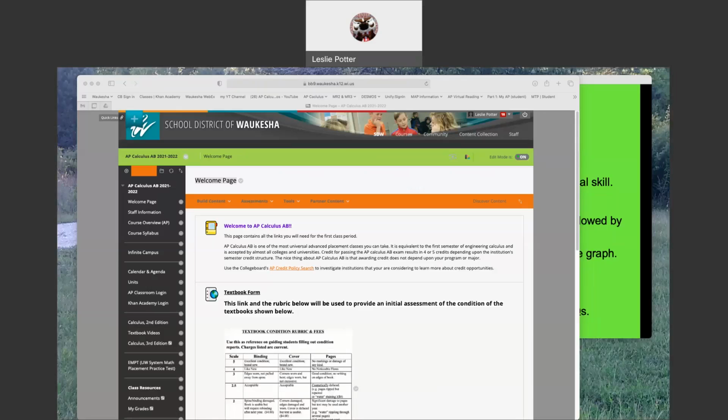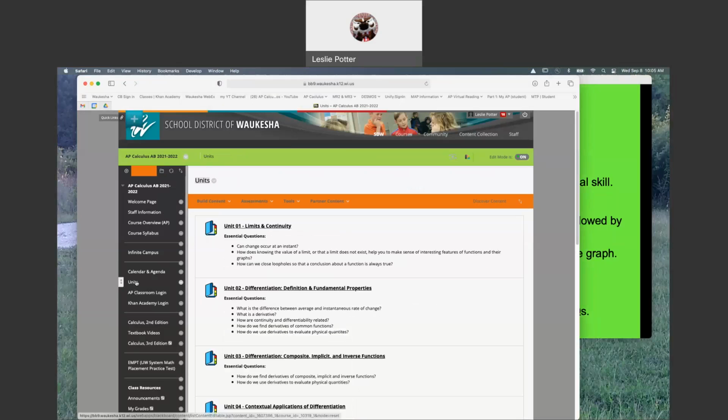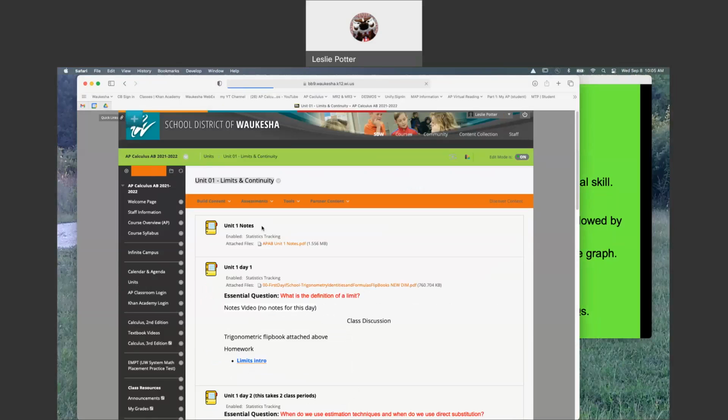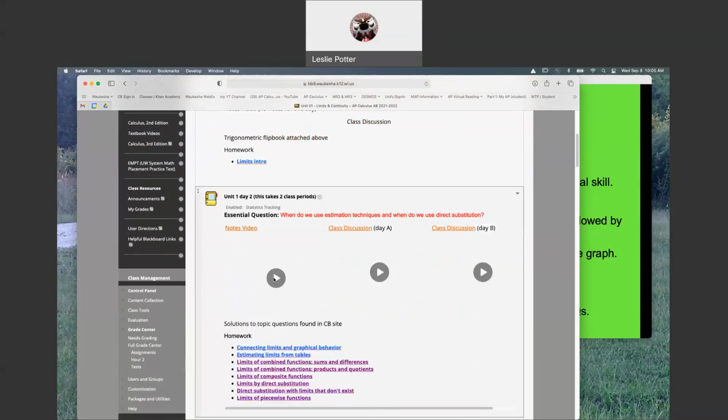Okay, so I just want to navigate Blackboard a little bit, just to get a better comfort level with that. When you go in, you land on the welcome page. The units of study are over on the left side, but that should be pretty consistent for each course. And we're in Unit 1. If you look at your schedule, we're Unit 1, Day 3 right now. So scrolling down to Day 3,